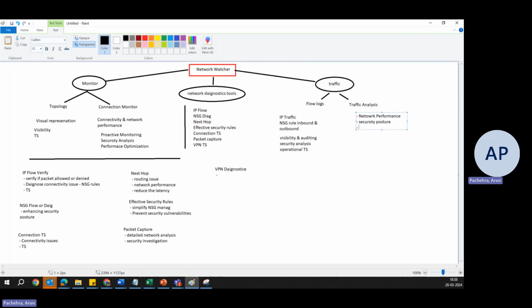And finally, it can also help you with strategic planning. So how? Because it supports capacity planning and network architecture design by providing a comprehensive view of network usage